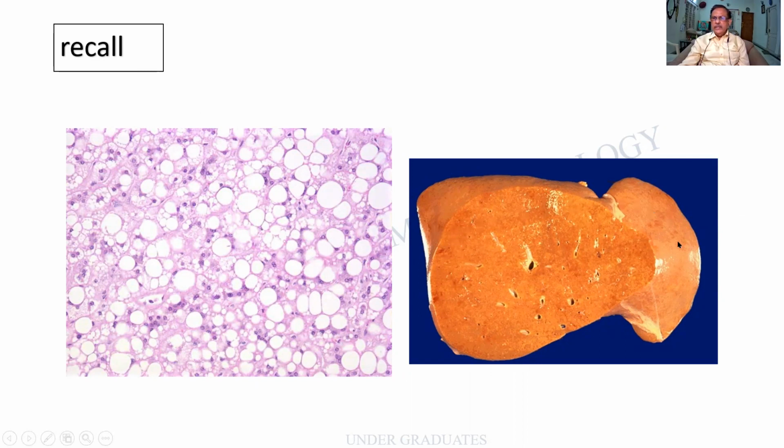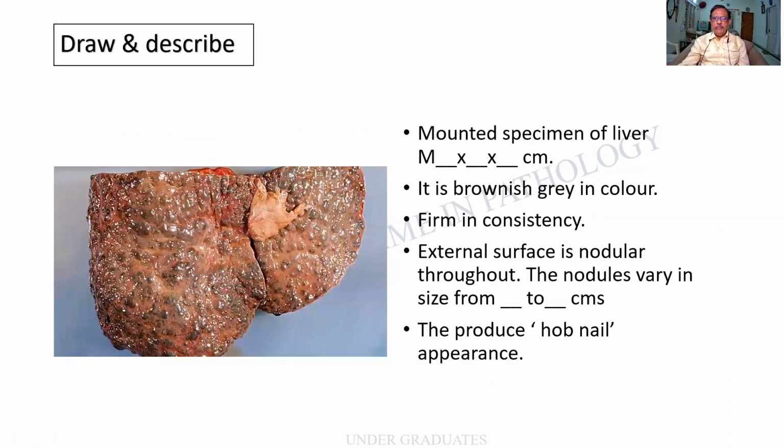I find that there is a yellowish specimen. I'm not going into the details of it, a fatty liver. Microscopically, I find that there are multiple ballooned out cells, namely the fat within the hepatocytes. I would like you to go back to RATS for this. It is part of an essay question itself.